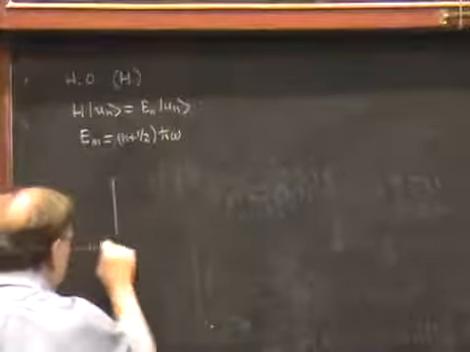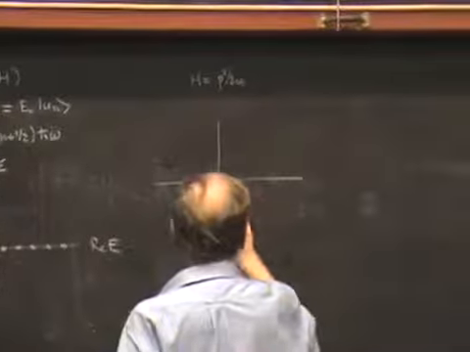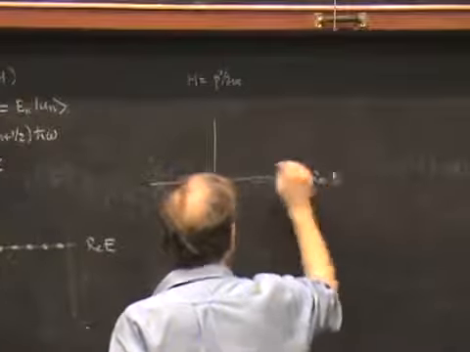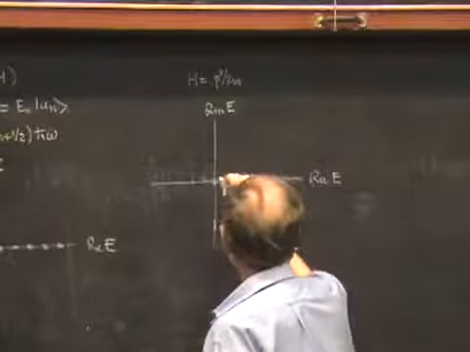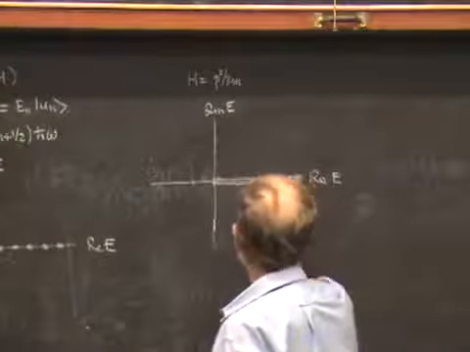Here's another example. Let's take the free particle, H equals p squared over 2m. Here's what the spectrum looks like, real energy, imaginary energy. In this case, there are eigenfunctions for all non-negative values of the energy. So the spectrum consists of the entire positive real axis, not negative. I'll try to draw it heavy. This is an example of what's called a continuous spectrum because it's not discrete points. A continuous spectrum only arises in infinite dimensions, and I'll say more about it a little later, but right now I'm just giving you a preview of some of the things that can happen.